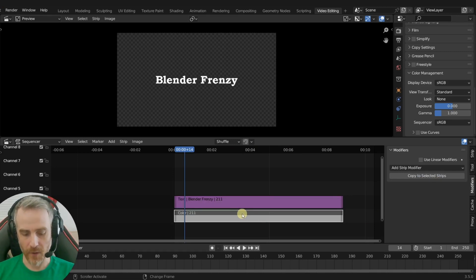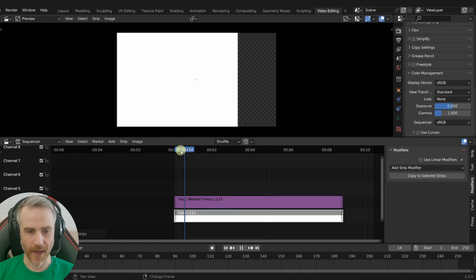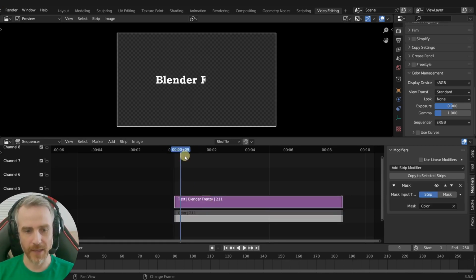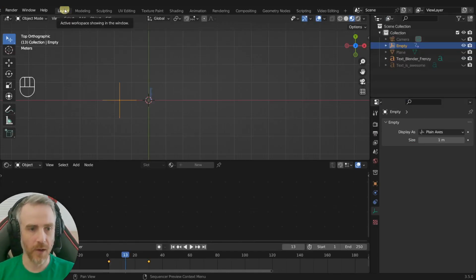So we have a color strip here. You can see I've animated the crop on the color, and then I've hidden this, and then I've applied that mask to the text. So that's for the video sequence editor, but for the main 3D mode of Blender,